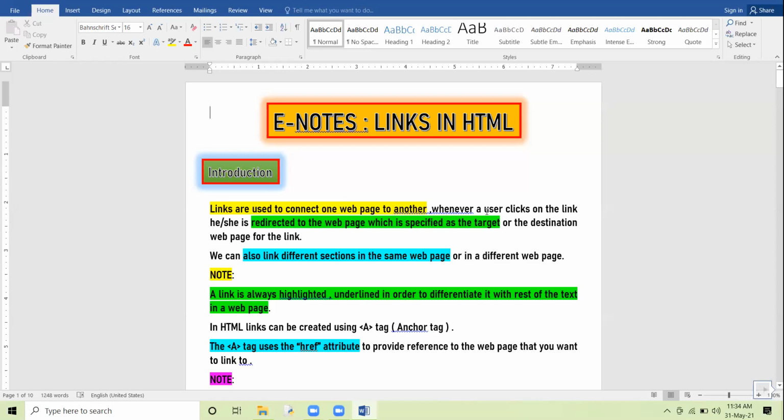Am I clear up till here? Yes, class, am I clear? Any doubt up till here to anyone? That is the simple meaning of hyperlink.